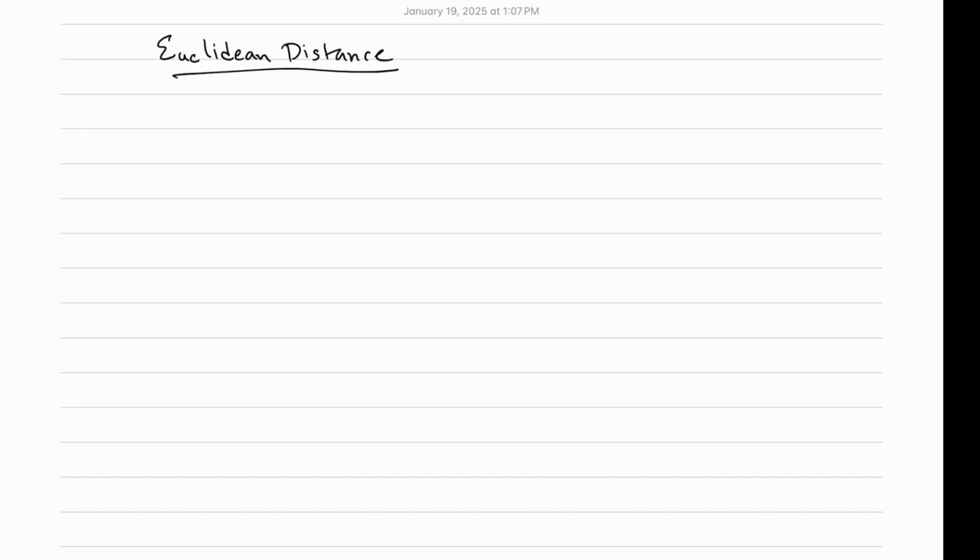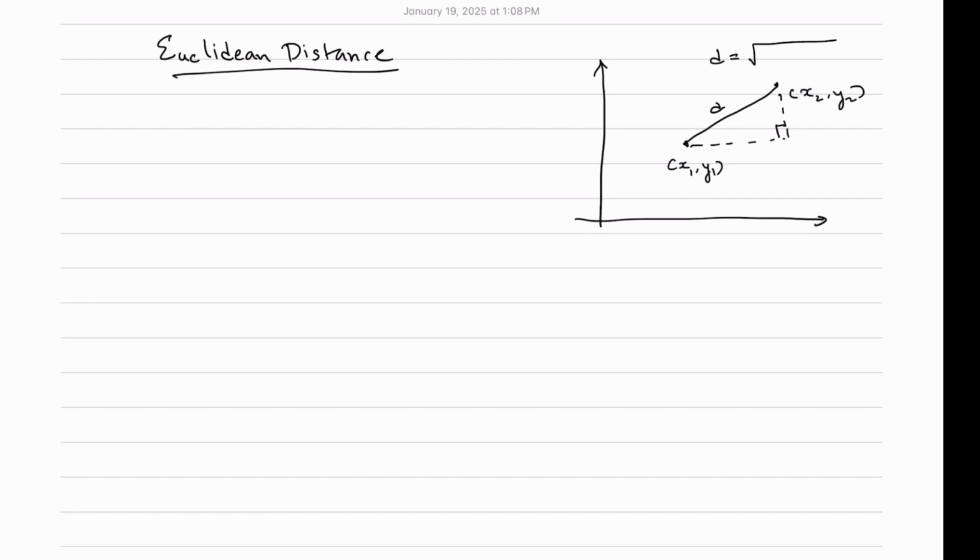So if you have, let's say, a graph, okay, where you have one point and there's another point, and we call it with the coordinate of x1, y1. And the other one is x2, y2. The distance between the 2 points can be evaluated using a Pythagorean theorem, which can be plotted in a right angle triangle, and the value of the d is going to be the square root of x2 minus x1 the whole square plus y2 minus y1 the whole square, and the square root of that. Okay, that's the distance, and that's on a two-dimensional